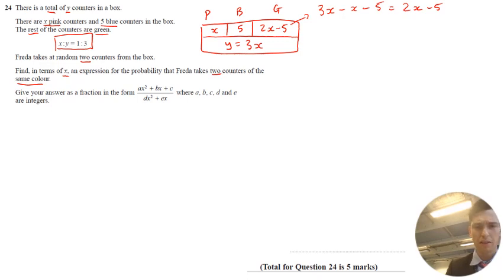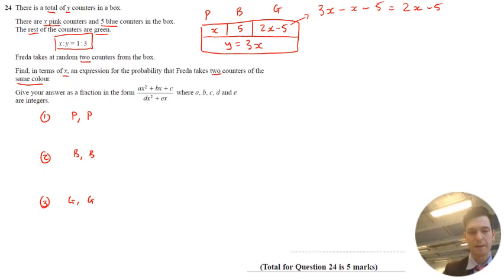Okay, so now we can go ahead and think about probability. So how many ways can Freda take 2 counters of the same color? Well, the first way she can do it is she can take a pink and then another pink. The second way she can do it is to do a blue and then another blue. And then the third way is to take a green and then another green. So if I work out an expression for all 3 of those probabilities and then add them together, I'm going to get my answer. Now, I'm actually going to start off with blue and blue